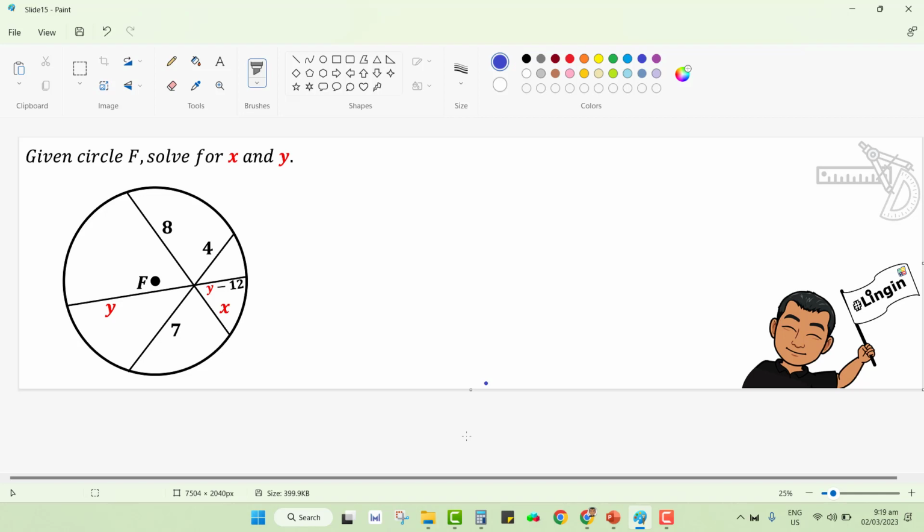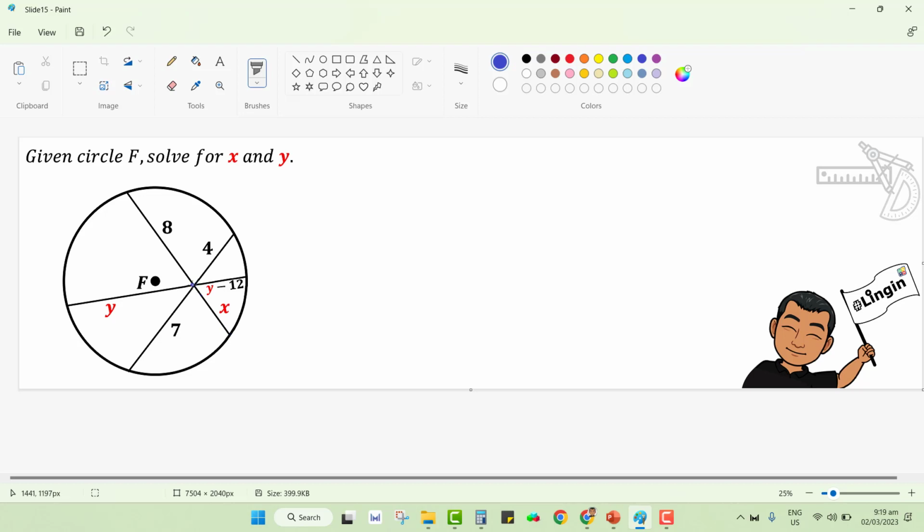Hello everyone. For this circle F, we are asked to solve the measurements of the variables x and y. First, we need to understand what these represent, and at the same time, what unique relationships could be drawn from the given figure. X here is the length of this segment from this point on the circle to this point of intersection